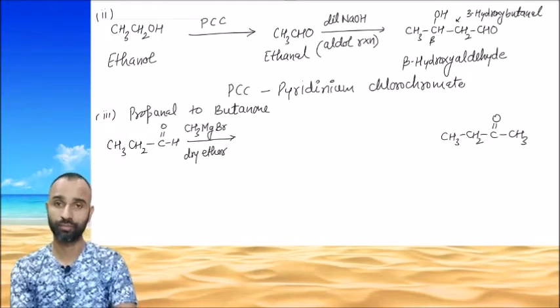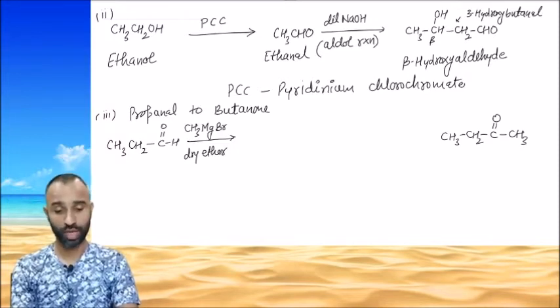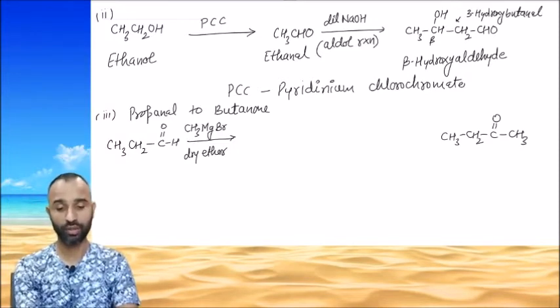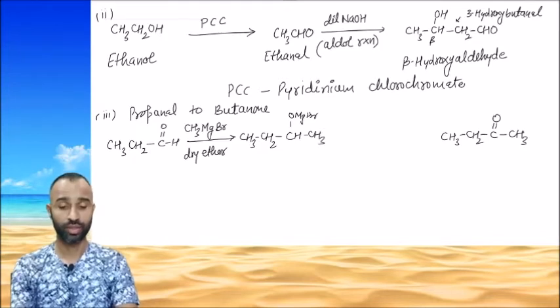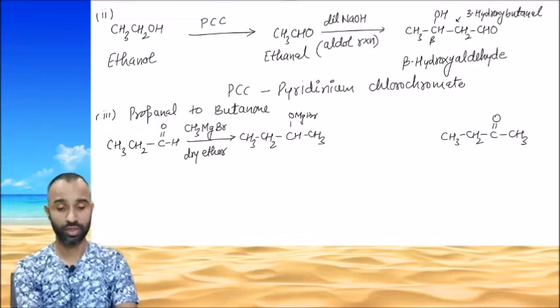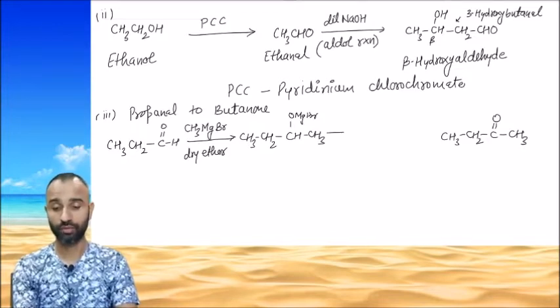Keep in mind. So methyl magnesium bromide in dry ether, it leads to the formation of CH3, CH2, C-OMgBr and CH3, because CH3 is negative, MgBr positive. So O gets negative and carbon gets positive. Okay, so this is the product formed, which on